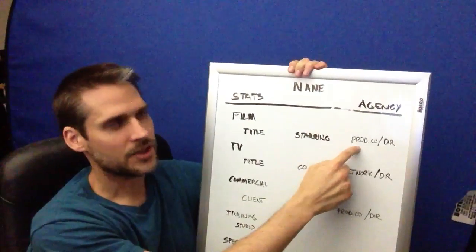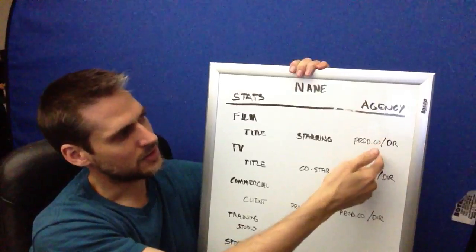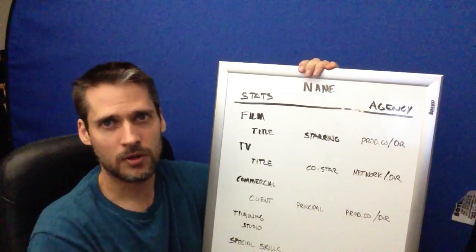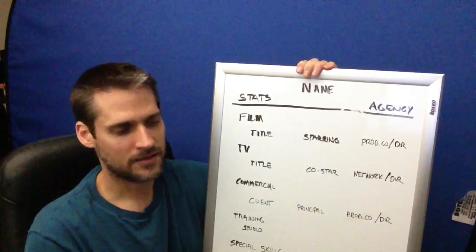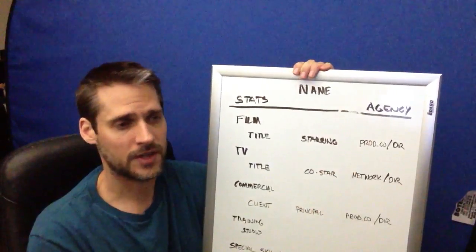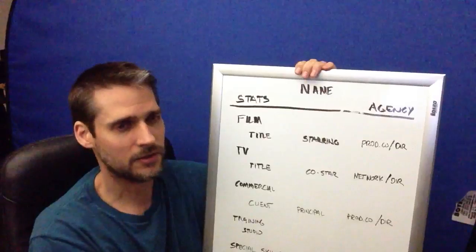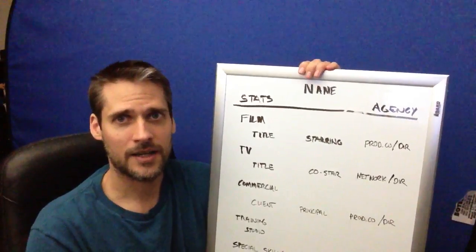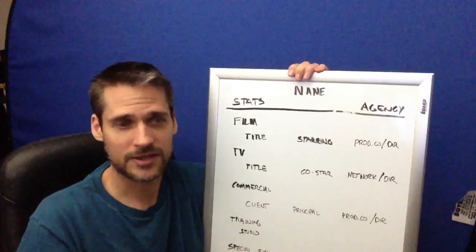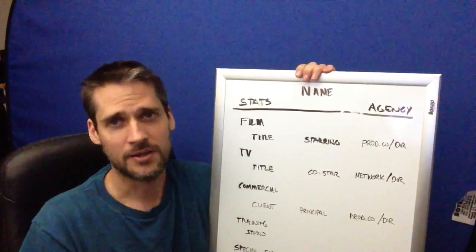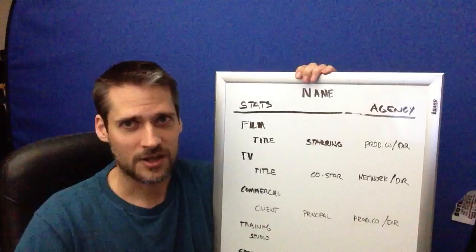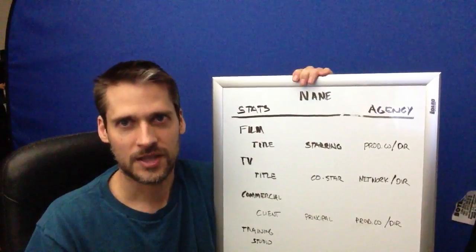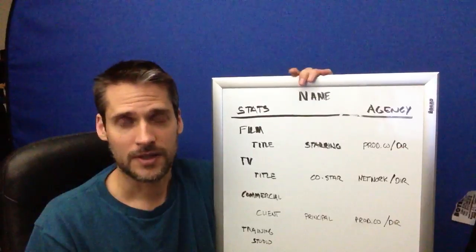Then I like to list the production company, and I slash it and then put the director name there as well. Because you never know, during casting, the casting person may know this director, or the other director for the project may know this director, and call them up and get a reference. And there's nothing better than having one director talk to another director and say, yeah, this person was awesome to work with. I do that all the time. All of us directors talk, and I very frequently recommend actors for productions that were really great to work with. So